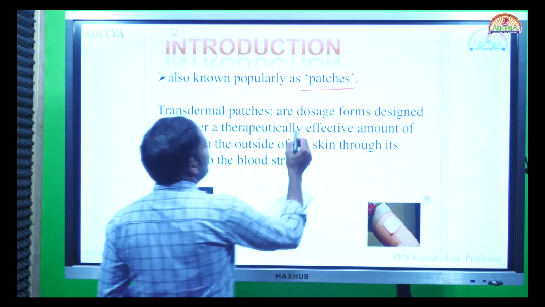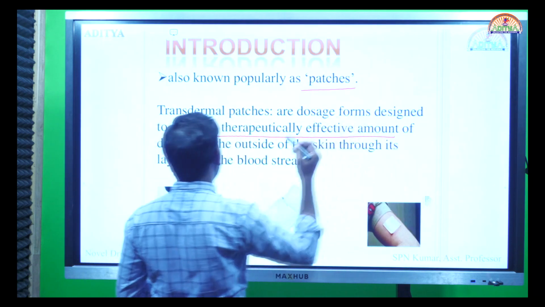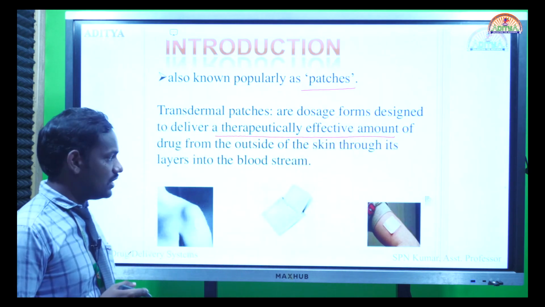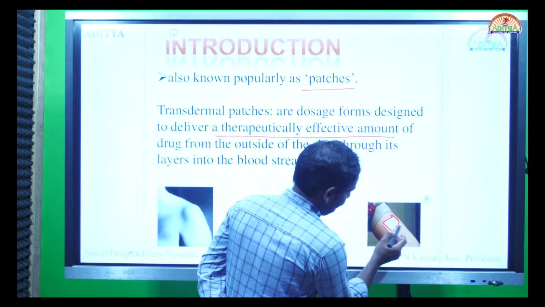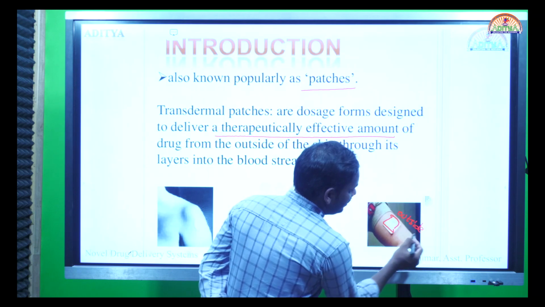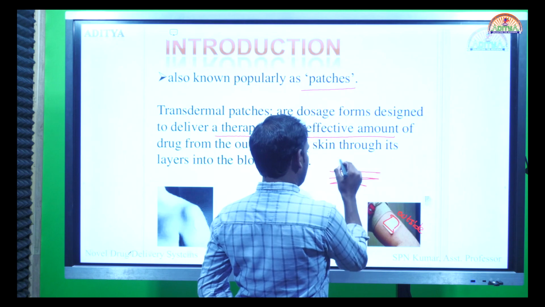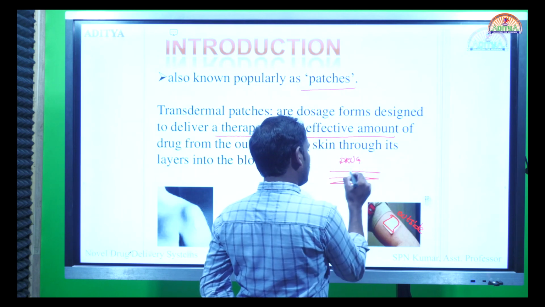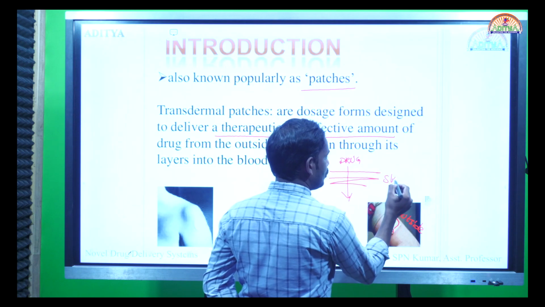So these are the dosage forms designed to deliver a therapeutically effective amount of drug from outside of the skin. As you can see in the diagram, we are using a patch which is placed outside of the skin, and it is releasing the drug into the skin. So here are your skin layers, there is drug outside, and your drug is permeated across the layers of the skin,